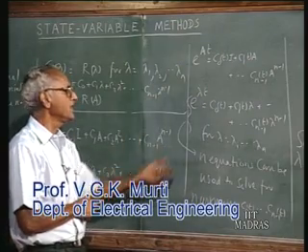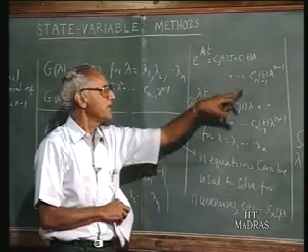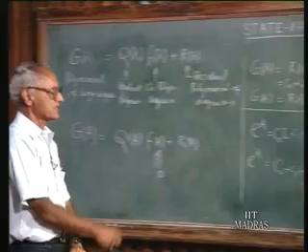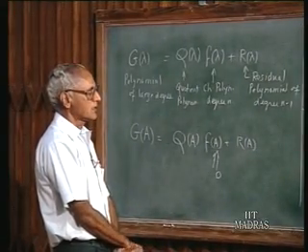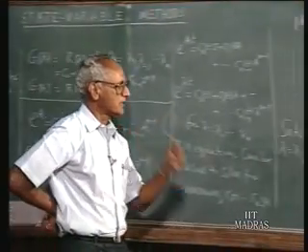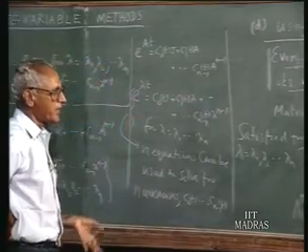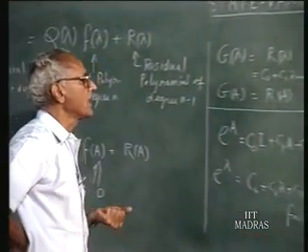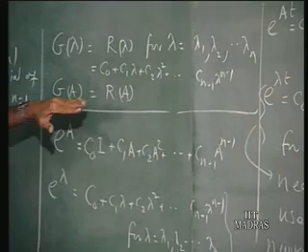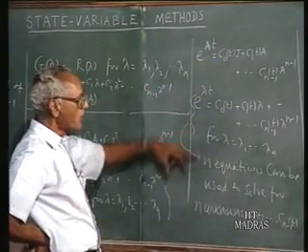We know they are functions of t, therefore we may as well simplify our notation, and write e to the power of at as c naught I plus c1a plus up to c n minus 1 a to the n minus 1. Now an example will illustrate the technique, but the principle is that we make use of the Cayley-Hamilton theorem and say that every square matrix satisfies its own characteristic equation, and therefore any higher power of a, even a transcendental function of a, can be reduced to a polynomial in a of degree n minus 1. And to evaluate the coefficients of that polynomial, which is n coefficients, we go back to the scalar equation,